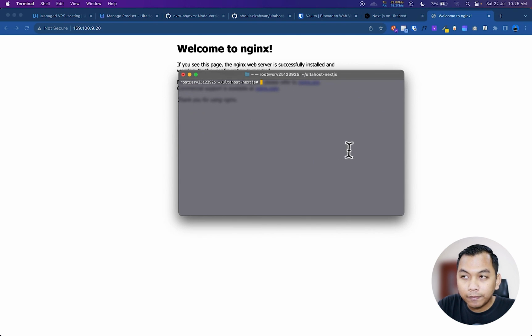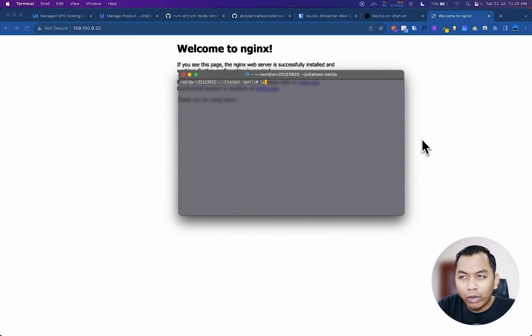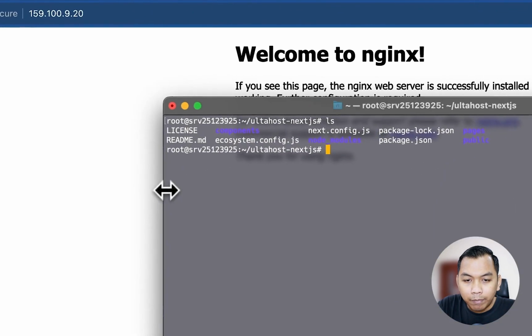And next, we need to create a config for pm2. So we say pm2 ecosystem. Alright, and right now, when we say ls, we will see a new file here, ecosystem.config.js. It means this is the config for our Next.js app.